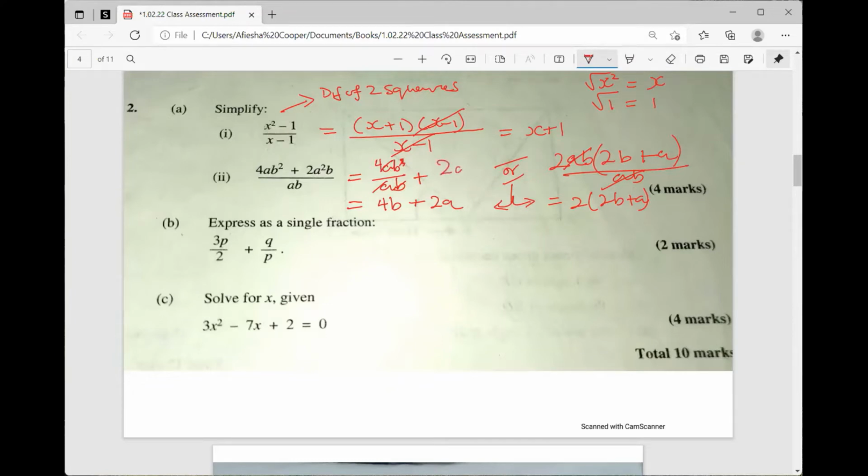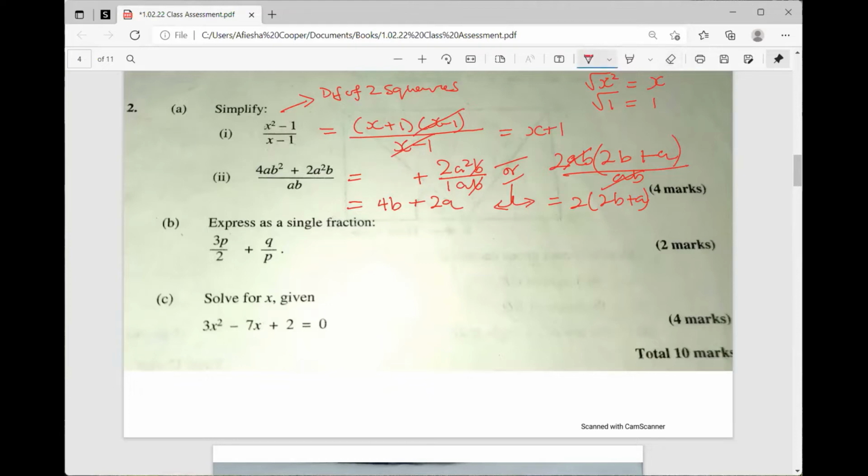So 2a squared b over ab. This comes like it's a 1, so 2 divided by 1 is 2. A squared divided by a is a, and b divided by b is b. You're subtracting the powers. 2 minus 1 is 1. 1 minus 1 is 0. Same thing